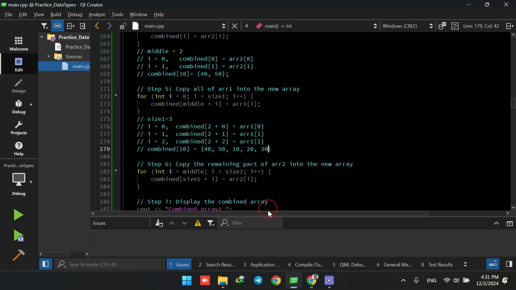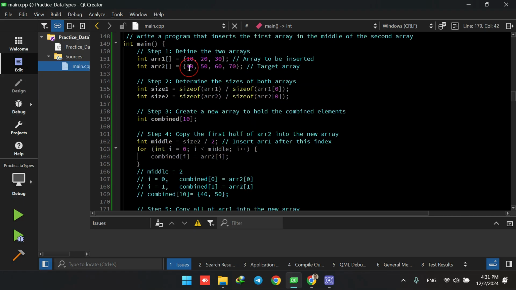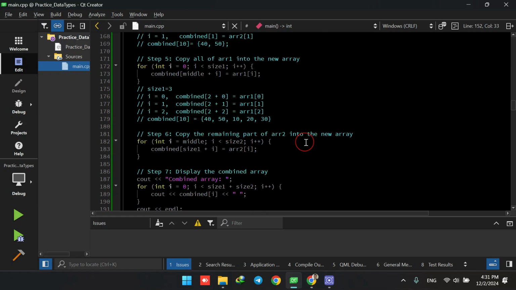After this execution, our combined array looks like this. It has 40, 50, so the first two elements of the second array, and then it has all the elements of the first array, and we need to insert the last two elements of the second array as